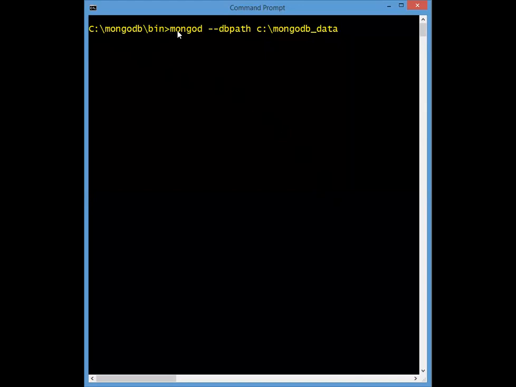Then I start up mongod, which is the service that runs in the background that does the database management system work for us. It's the database engine. I give it a path to my data, and my data is in a folder called MongoDB data. So I hit enter,